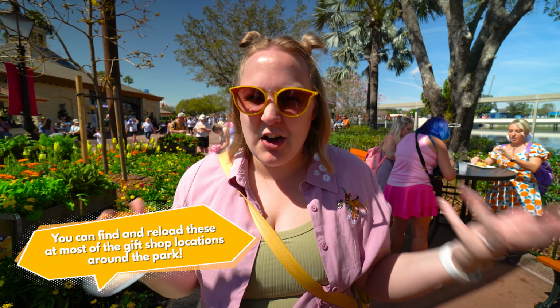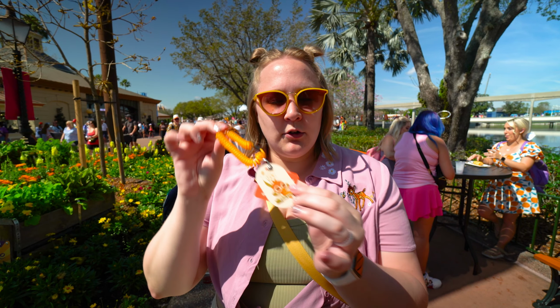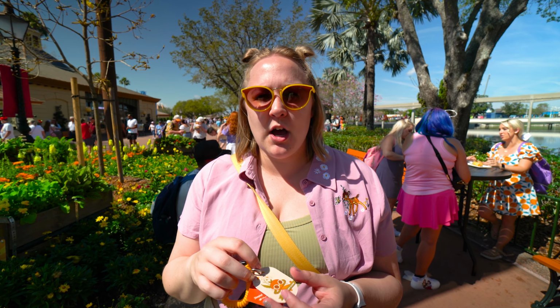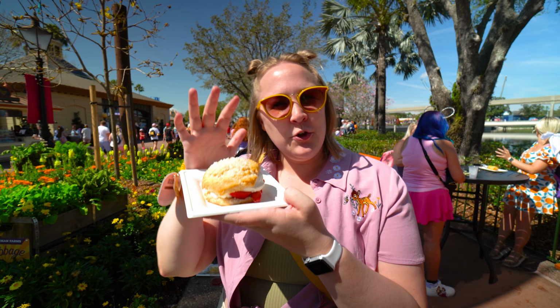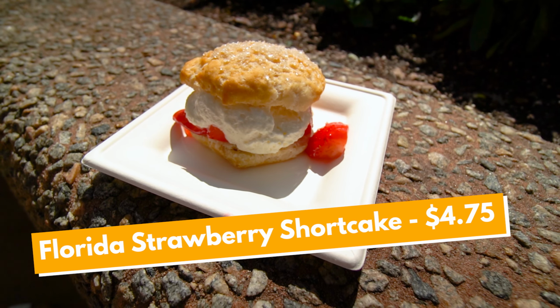Most of the food items typically are between like $5 to $9. Some are a little more, some are a little less. But these are little bracelet gift cards that you can purchase at pretty much any of the gift shops. So you can load this up with however much you're okay with spending for the day, and then once it's gone, it's gone. New for this booth is the strawberry shortcake,